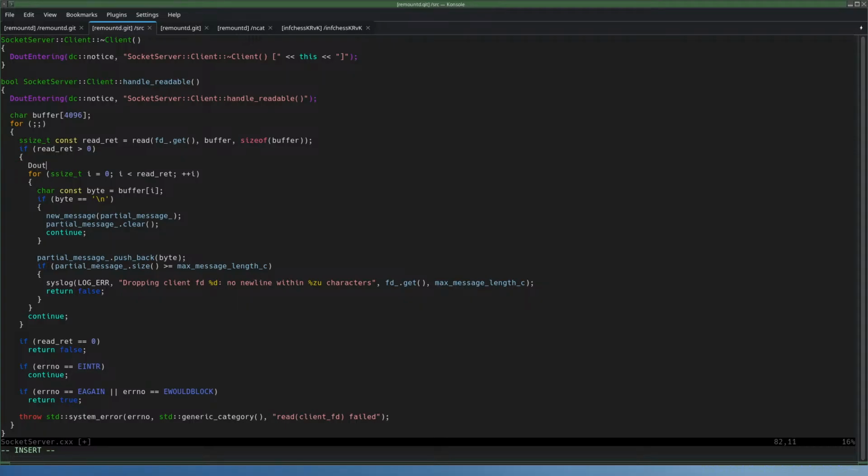Out. PC notice received. Read red bytes. I need buff to string here. It's not highlighted. Why the hell is it not highlighted?